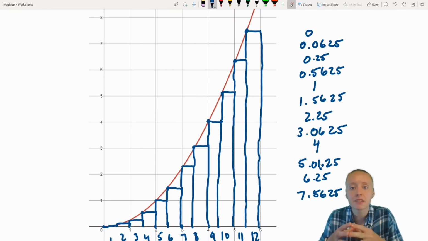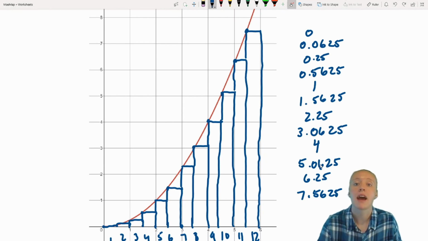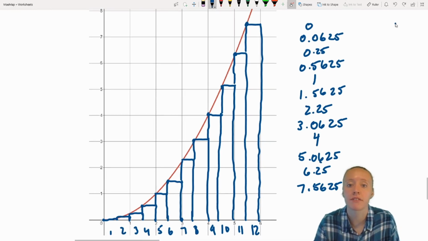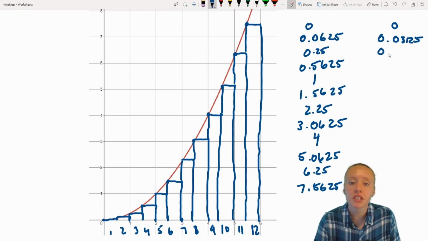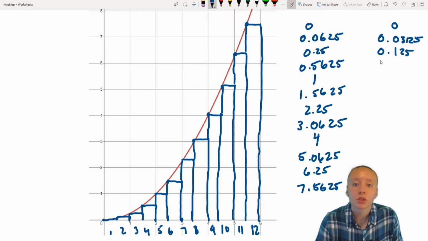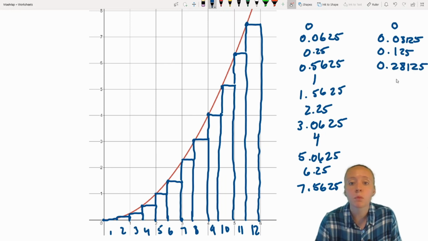So if those are the heights of my rectangle, I'm going to take each of those and multiply them by 1/2. So 0 times 1/2 is 0. 0.0625 times 1/2 is 0.03125. So 0.25 divided by 2 is 0.125. And then 0.5625 divided by 2, that was using that x value of 3/2. When I divide that height by 2, I get 0.28125, and then 1 divided by 2, that's going to be 0.5, and then